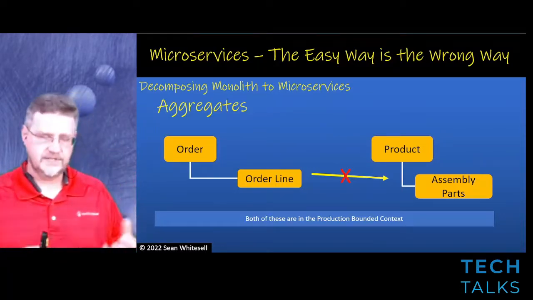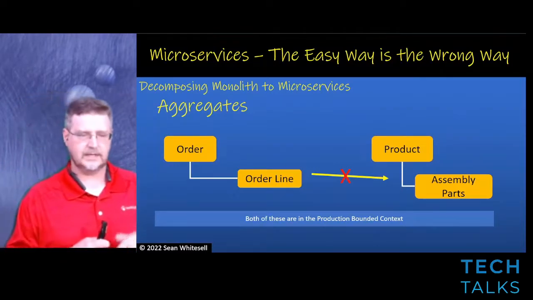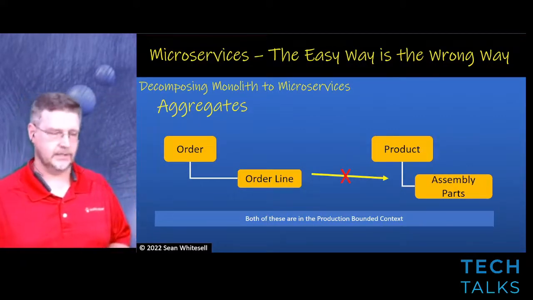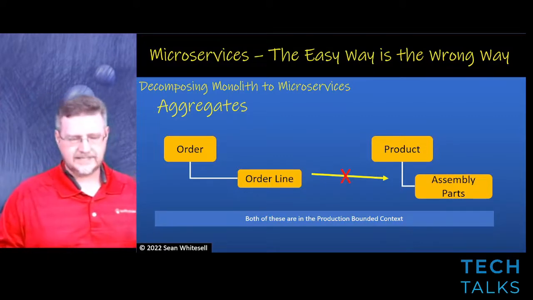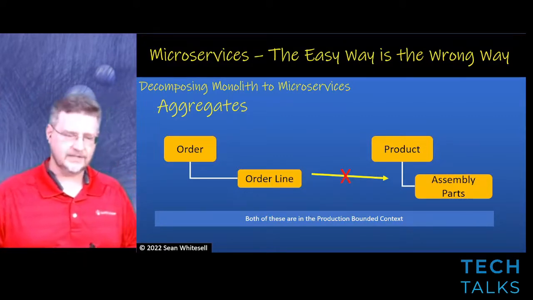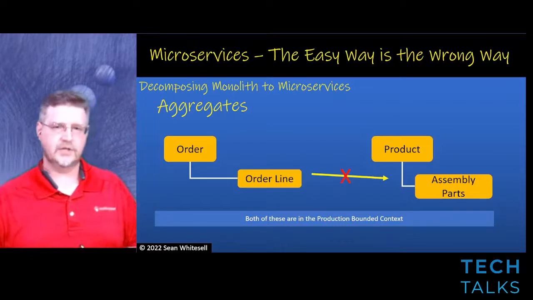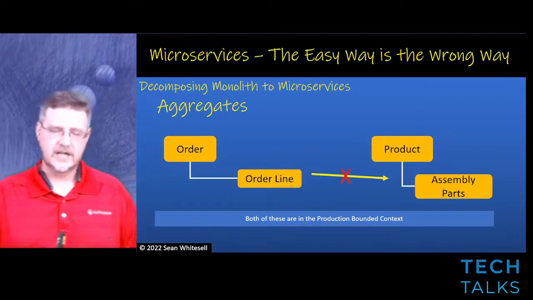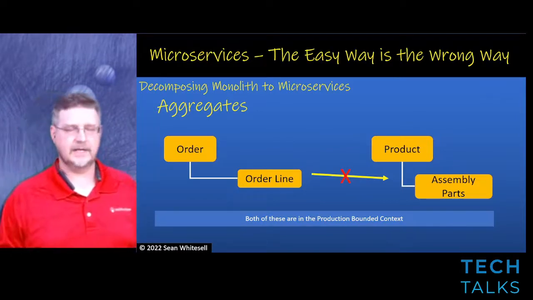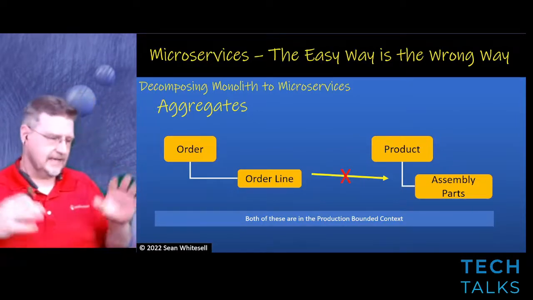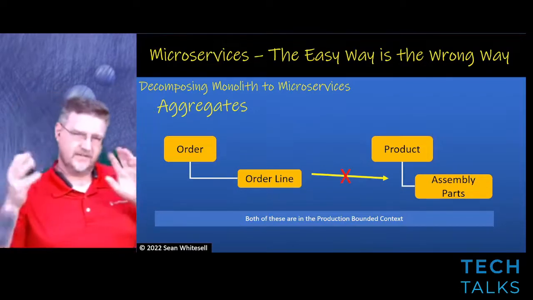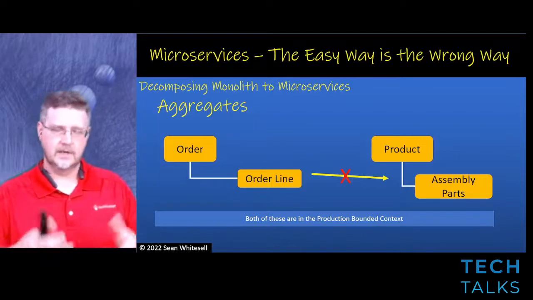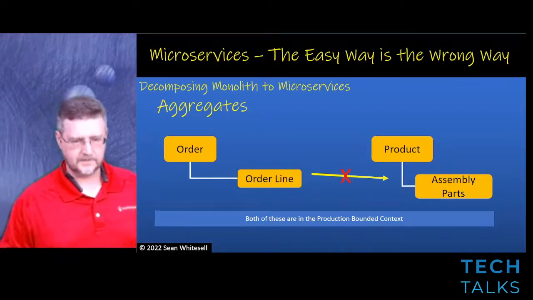Now, we have seen this where code in one class inside our aggregates, the order aggregate and the product aggregate, you may have code in an order line class wanting to somehow adjust an assembly part. Maybe a special request has come in to change a detail about that assembly part. Maybe it needs to be anodized or galvanized or something to that effect, right? Something about how that assembly part should be as it becomes assembled into the final product.